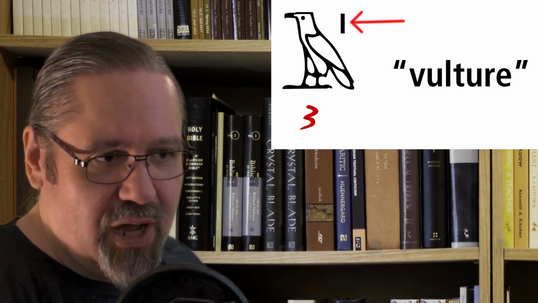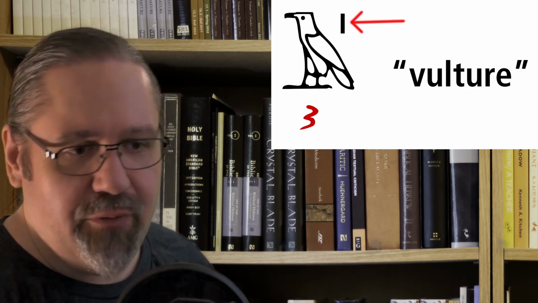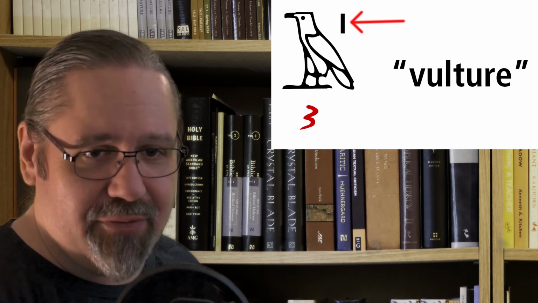Now, we've just covered the first 4 letters in ancient Egyptian. So it's time for your first word. And we are going to use the vulture character to make our first word. So we take our vulture and we add a single stroke above the shoulder. Now, when you see this single stroke combined with a character,